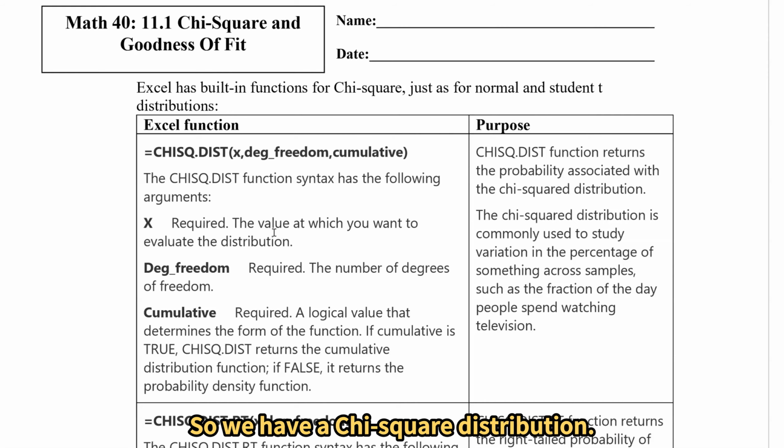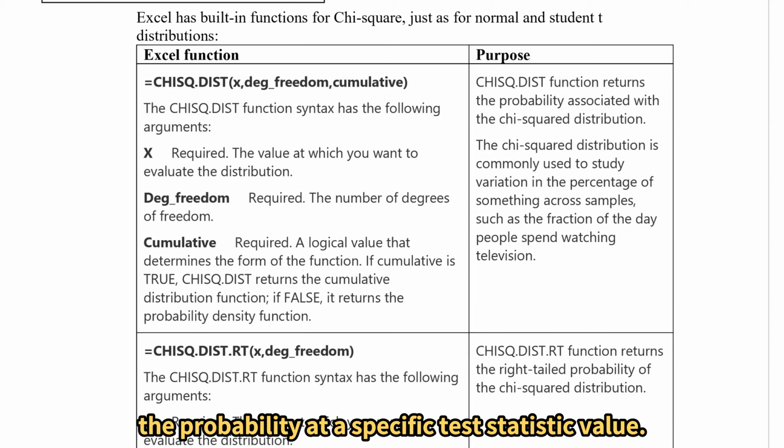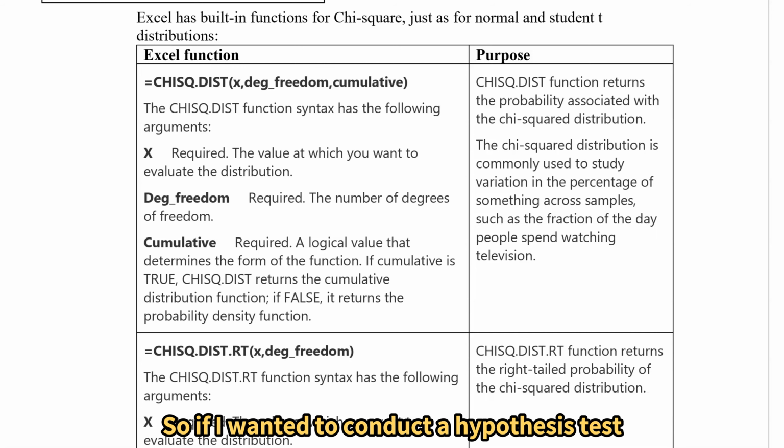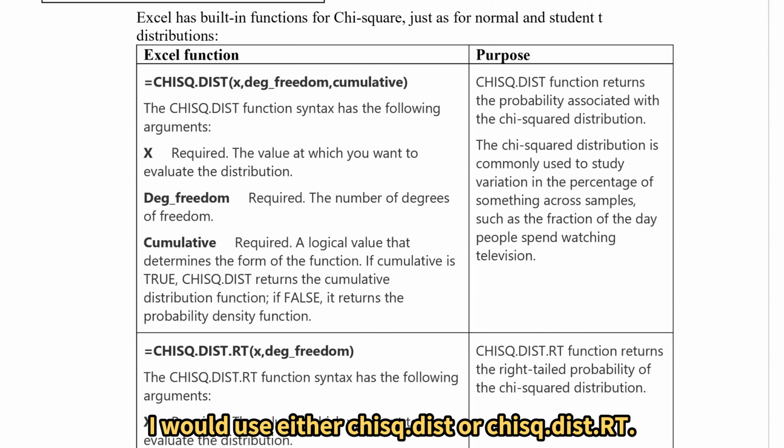So we have chi-square distribution. So the chi-square.dist function returns the probability at a specific test statistic value. So if I wanted to conduct a hypothesis test and I needed a p-value for my test statistic, I would use either chi-square.dist or